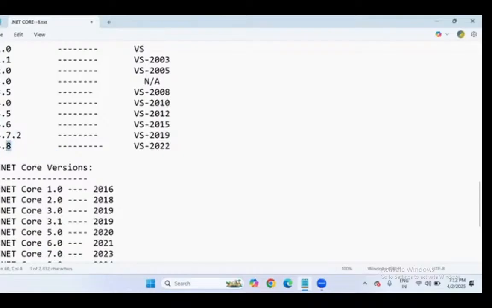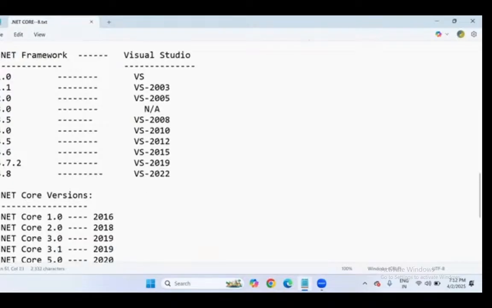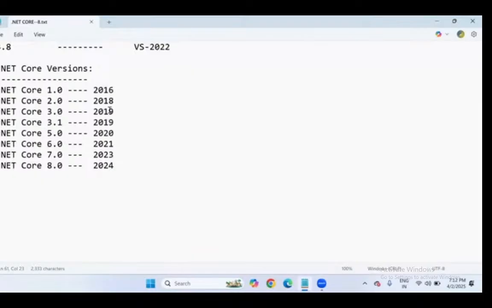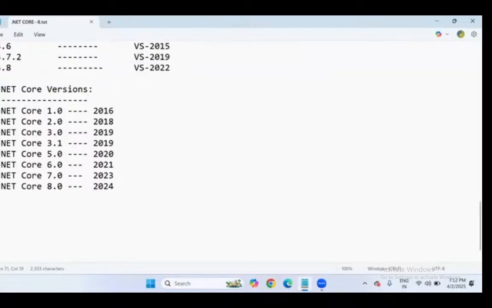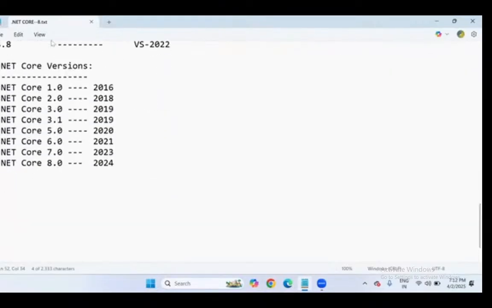Still, some companies are using .NET Framework 4.8 if they want to implement code completely on .NET Framework, not Core Framework. But notice this, I'm going to teach you completely Core versions, right? .NET Core versions, not Framework versions. .NET Core versions are there from 2016 to 2025, till today. What were the Core versions, you must know that. The first, .NET Core 1.0, was released in 2016, .NET Core 2.0 in 2018, 3.0 in 2019, 3.1 also in 2019, the same year,